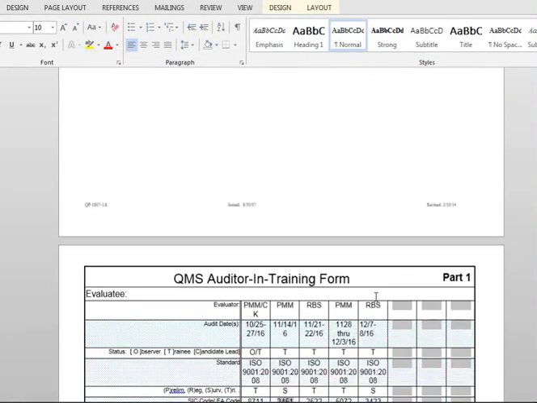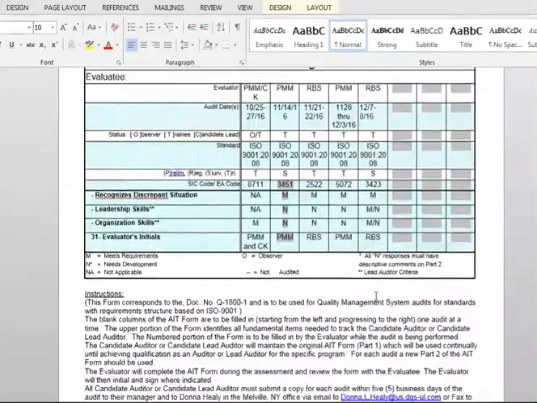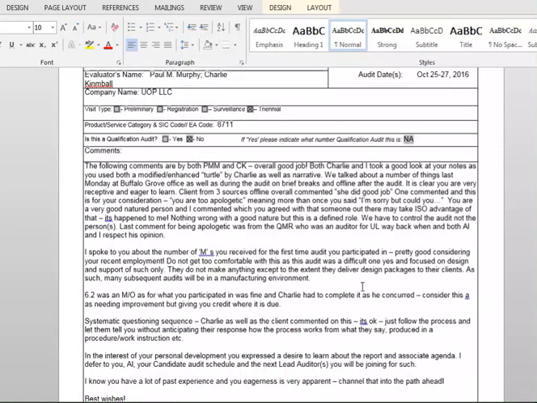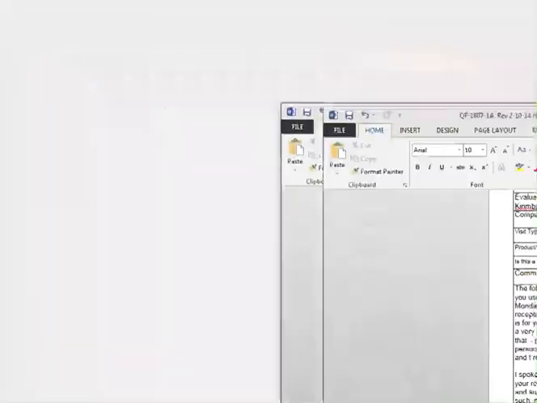And here's what part 2 of the form looks like. So here they're explaining everything about M's and N's and all that, and what the feedback is to the assessor. Again, it's very important that you get this feedback and that you get these forms at the end of the audit. If you have an N on your form, you need to discuss it with your BLM or with the audit development manager, Dave Parla-Greco.